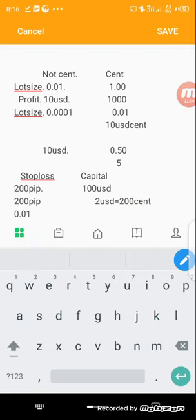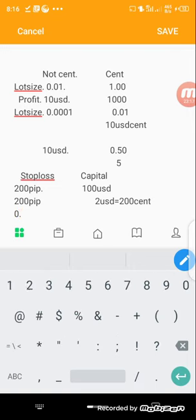So when you trade 0.01, it can wipe only 20 cents in 200 cents. So you can go as high as maybe 0.10, of which this 0.10 in 200 pips will be risking all 200 cents. So you can risk $2 in just a 200 pip stop loss trading, and this will be safe for you